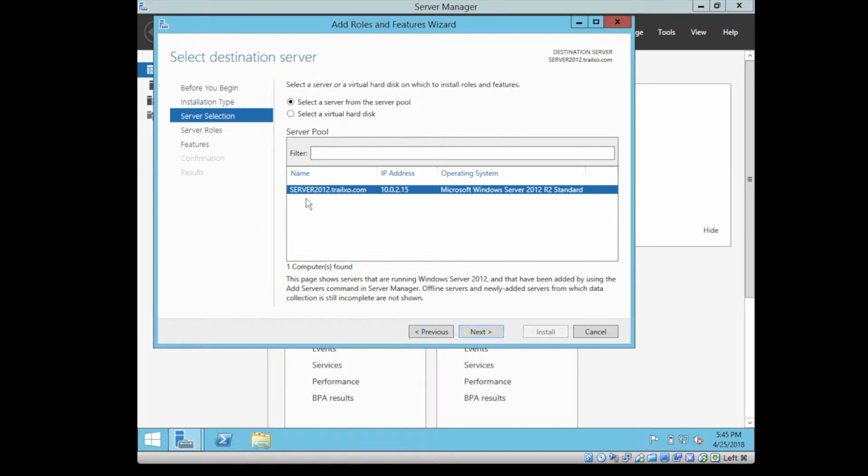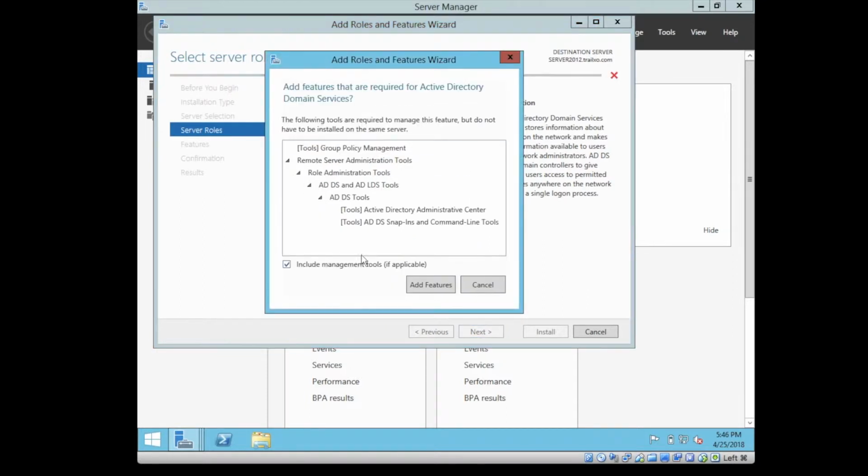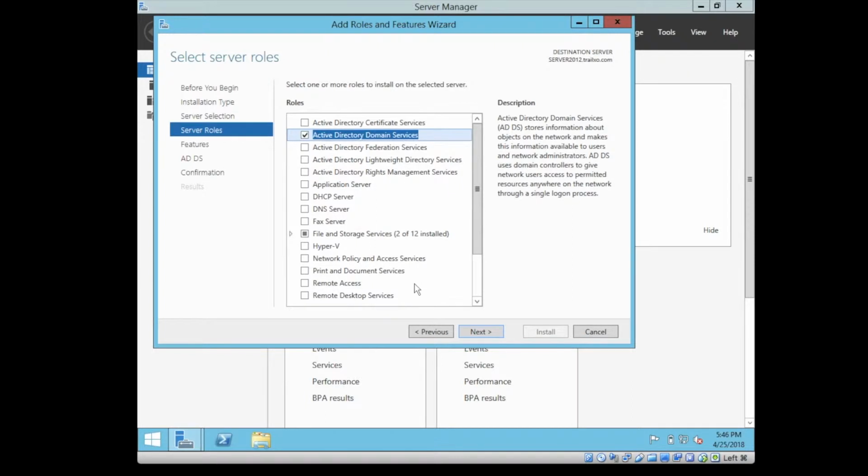Server selection. This is our server. Next. So there are different types of Active Directories. Each one has a purpose, but let's right now focus on Active Directory Domain Services. Click on Add Features. You will notice later on that once you click on install Active Directory Domain Services, the DNS server will be installed, because simply